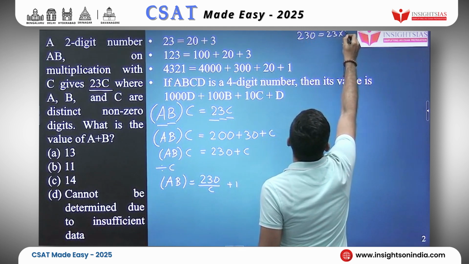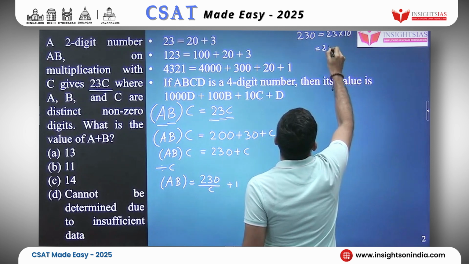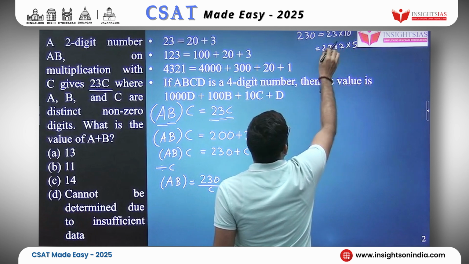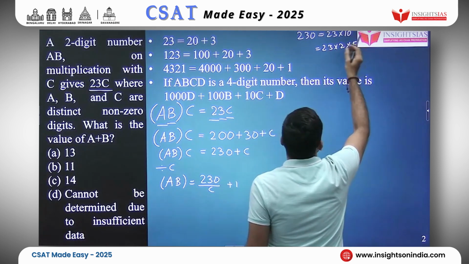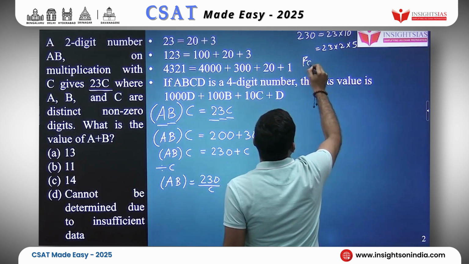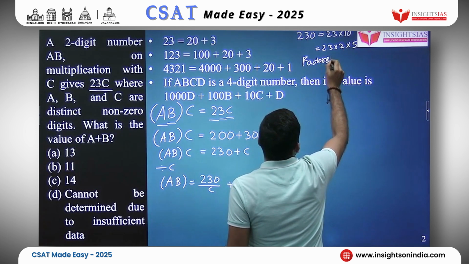That would be 23 into 10. So that would be 23 into 2 into 5. So 23 is a prime number, so we cannot divide it further. Then what are the possible factors of 230 that can